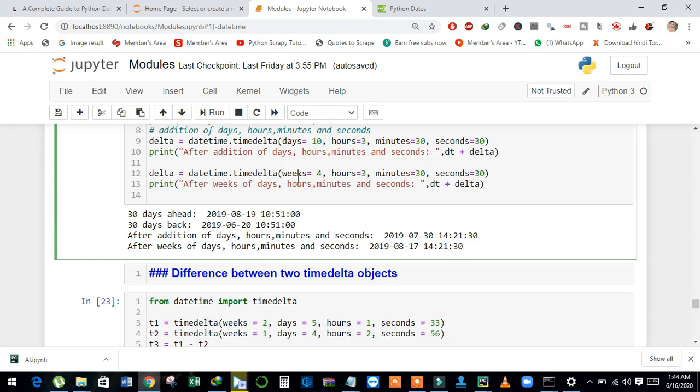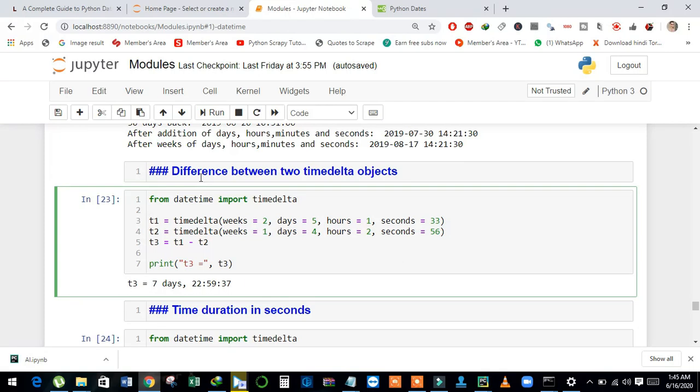And now see here in this example I just changed value from days to weeks, and also we can calculate values with weeks. I just write here weeks equal to 4. And see here when I added weeks equal to 4, it returns 2019, 08 and 17. And this is an easy method to calculate the sum of different dates and time using the timedelta class.